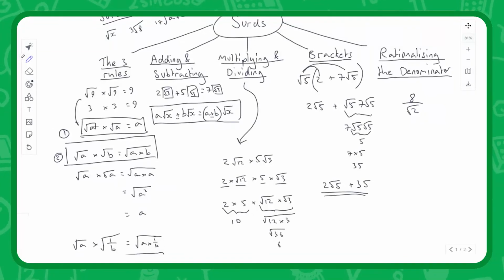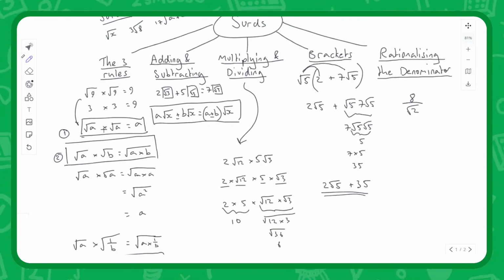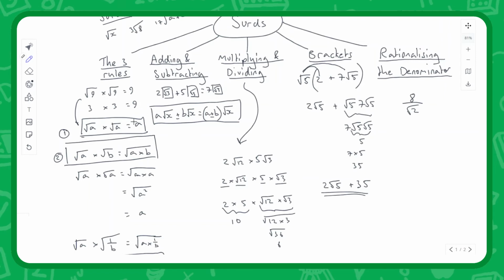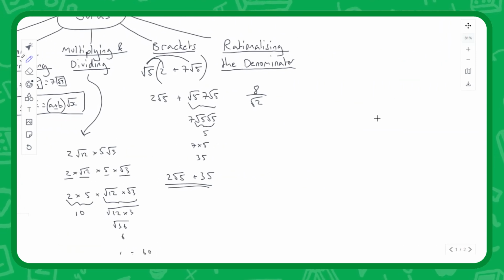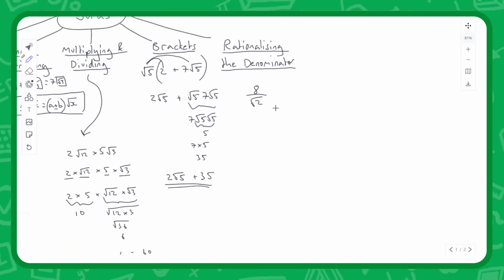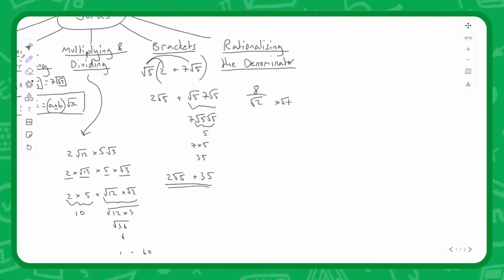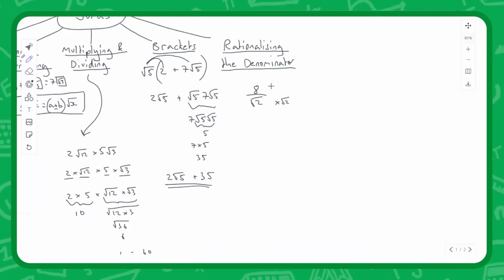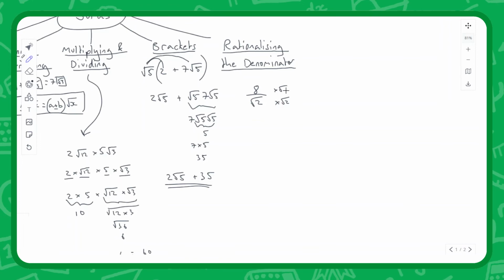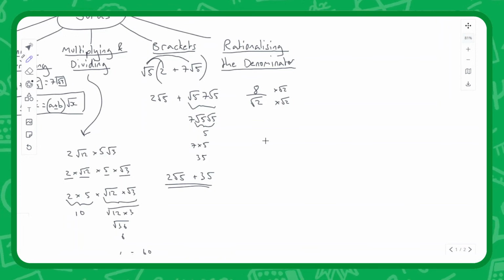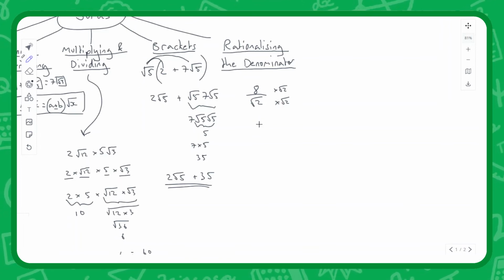We're going to use the fact that we can take a root, times it by itself, and it will get rid of that root. We're going to do that same thing here. We're going to take this root 2 and times it by root 2. And obviously we have to times the top by root 2 as well to keep that whole value the same. What that gives us is 8 root 2 on the top